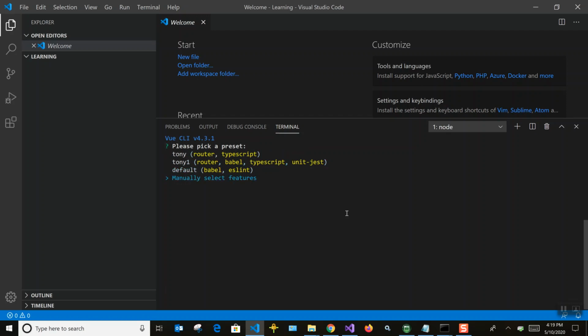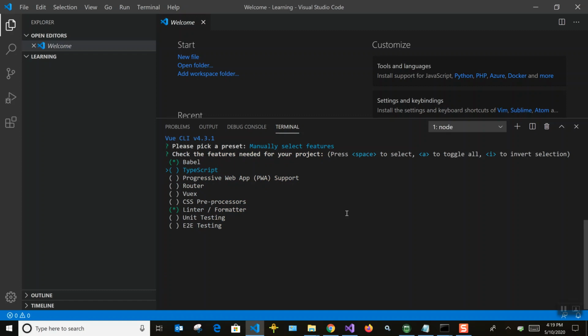I will select it manually. I need TypeScript, a router, Vuex, CSS, and unit testing. These are the features available. You can press space to select the features you want, then press enter.